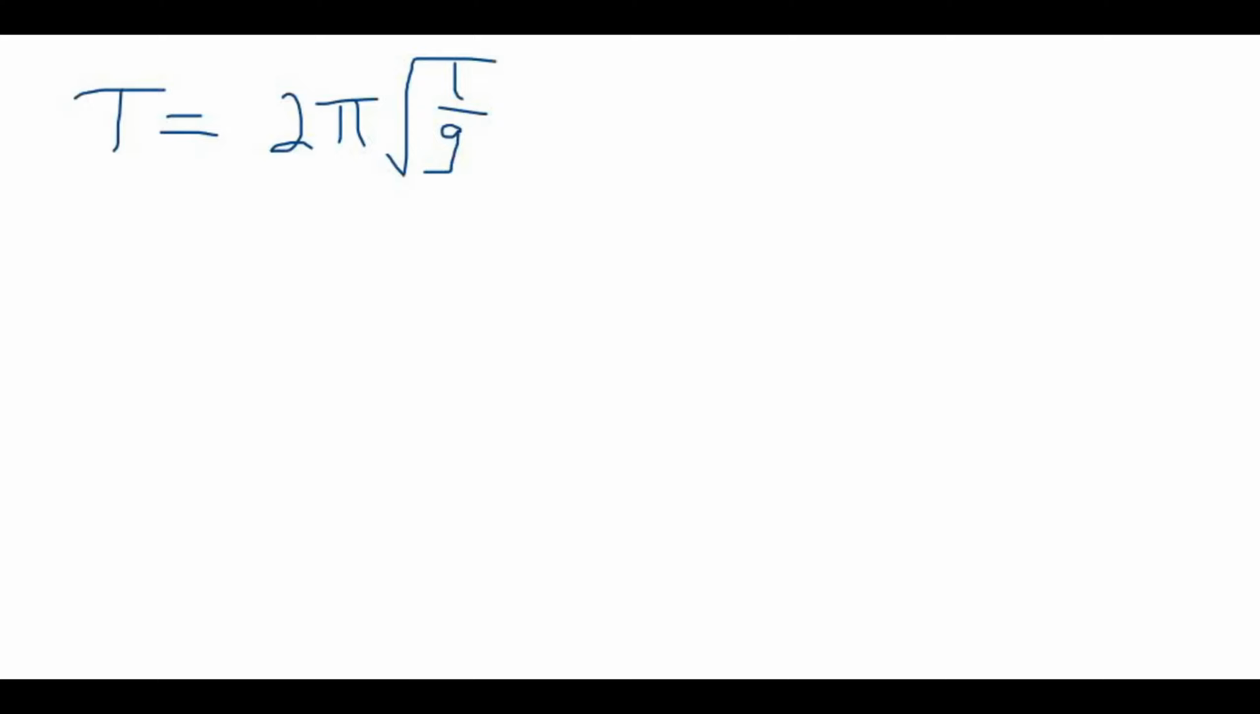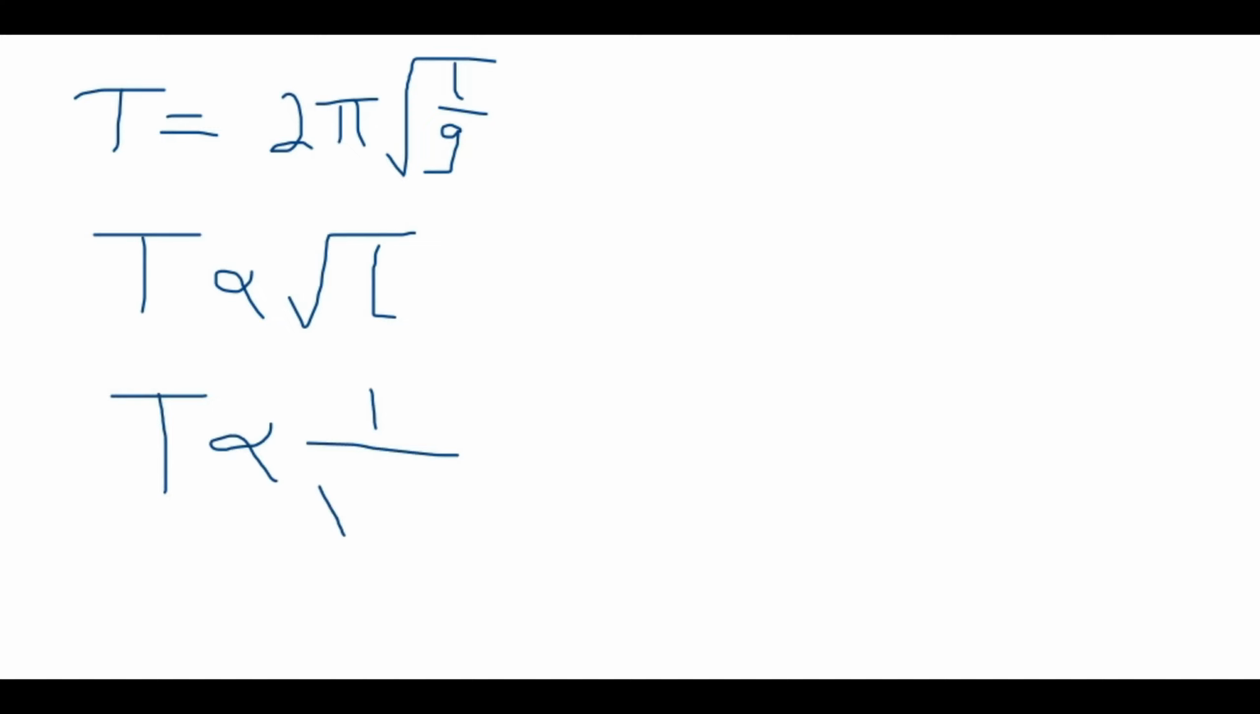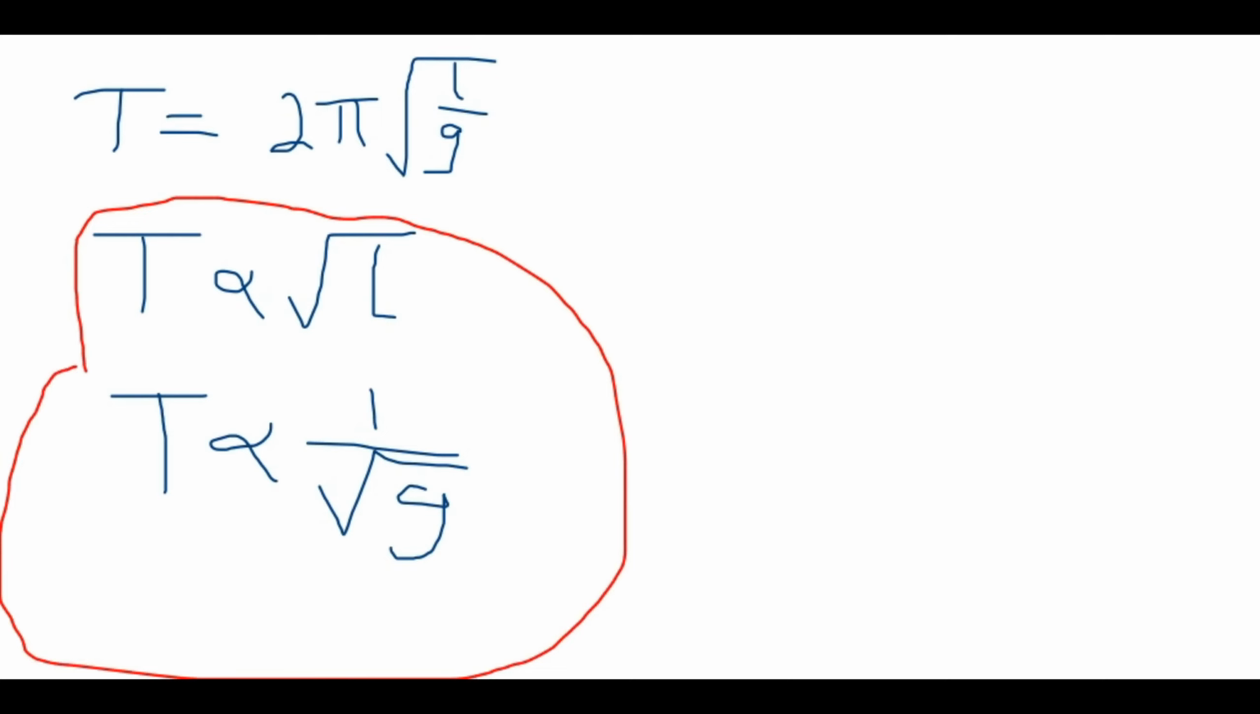Now, back to this equation. What this simply means is that the period of a pendulum is directly proportional to the square root of the length of the string, and the period of a pendulum is also inversely proportional to the square root of the value of acceleration due to gravity. So from what I've written here, I'm going to tell you the two factors that determine the period of a pendulum. And these are: